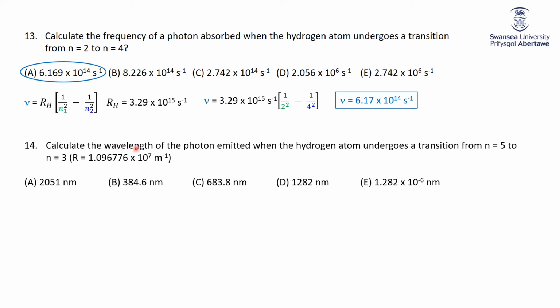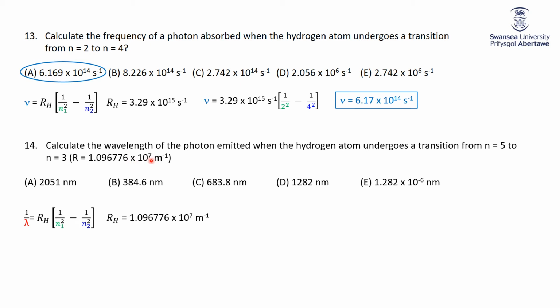Next one, calculate the wavelength of a photon emitted. So now we're going from a higher transition, 5, down to 3, talking about an emission spectrum. Last question, of course, talked about an absorption spectrum. Now we're going to again use the same wonderful equation, but now look at the value that I'm given of R,